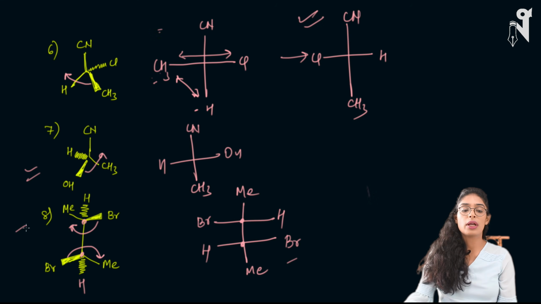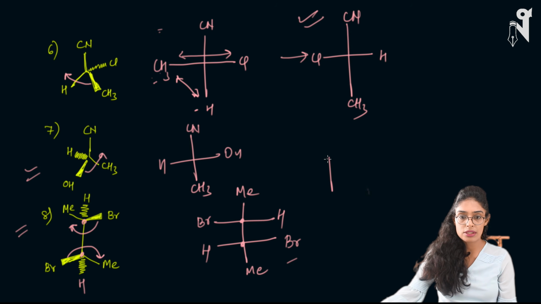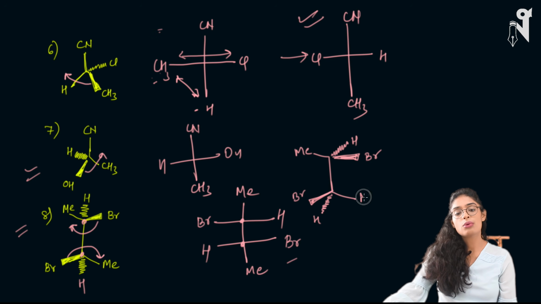If you have not got this eighth one, my drawing can be a reason. I'll just correct the drawing. This is how the molecule should have been written, my bad. And then you can try now. After I change the drawing a bit, you can try this now. Okay, this is methyl. This is how the molecule should have looked, and I did a very poor job over here. So this is my Br, this is my hydrogen, and this is methyl. Now you can try solving this and you will get what exactly we are talking about.